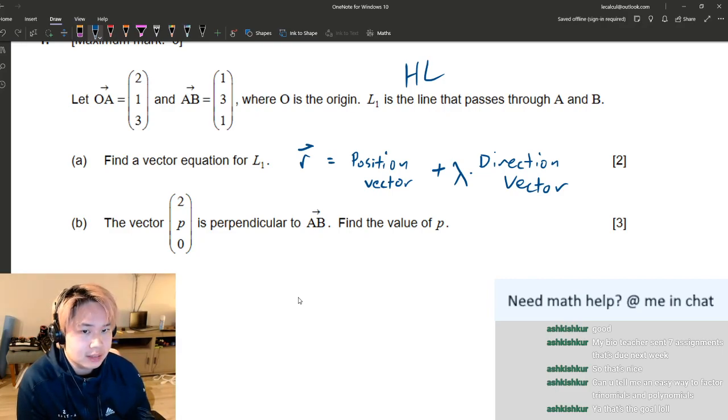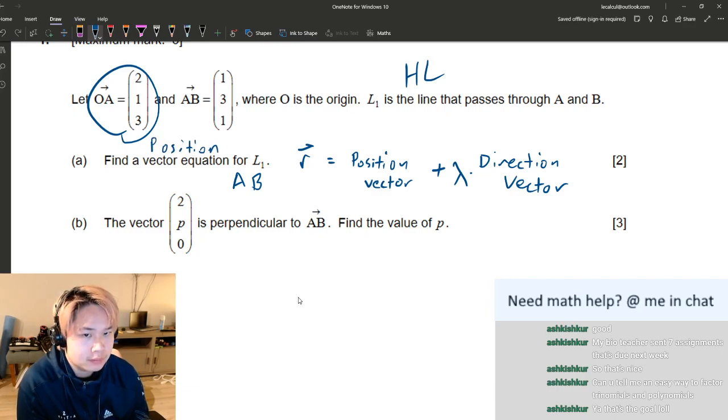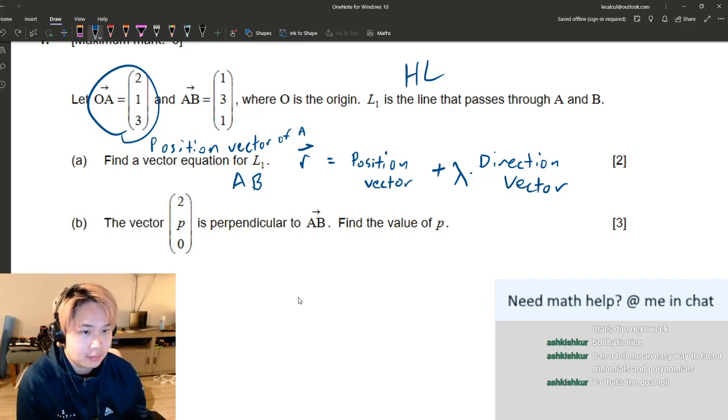Okay, so because this line is from A to B, OA is actually the position vector of A. And then AB is our direction vector because we want a line that goes through A and B. So in other words,